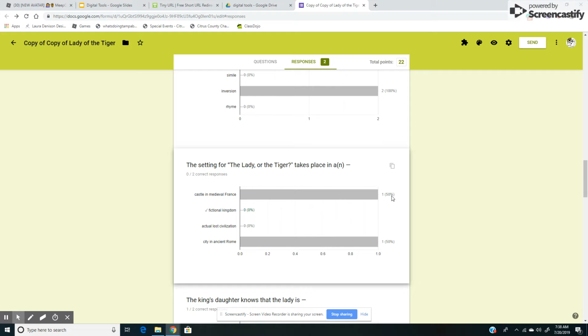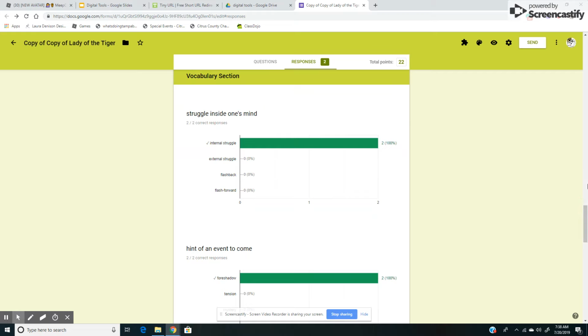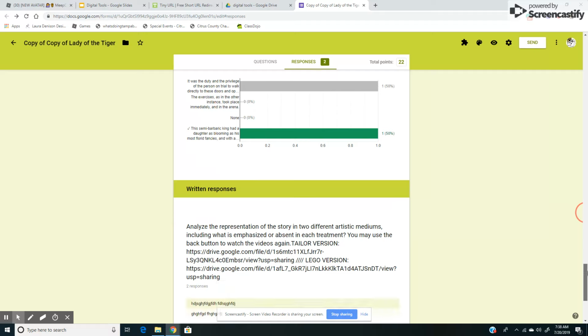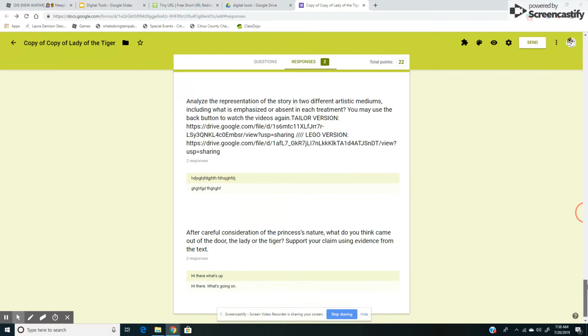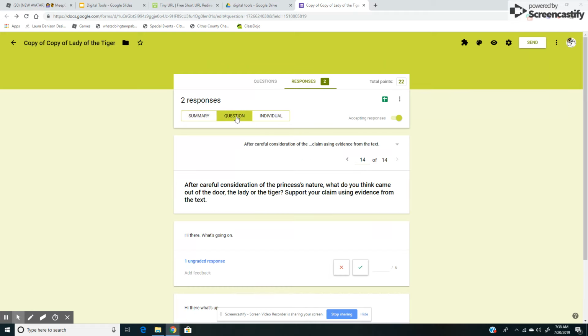I see I don't have anybody answering these particular questions right. 50% of the students answered that right. 100% of the students, and this happens in real time. As each student submits an answer, if you're sitting on this page, you're going to see the updates occur and the graphs change. You can view question by question, which is probably my favorite way